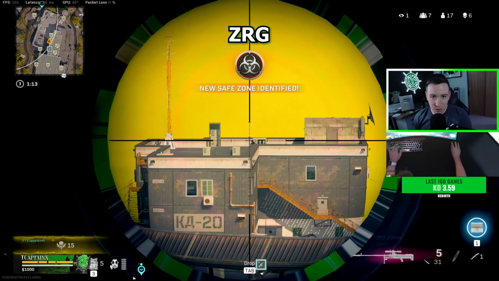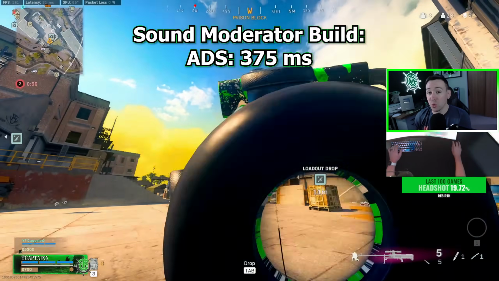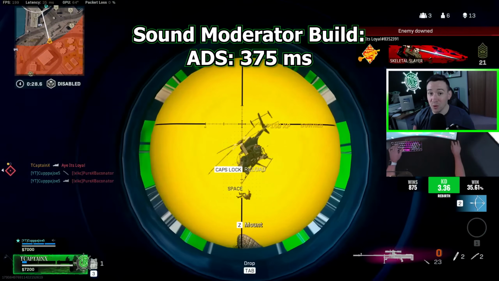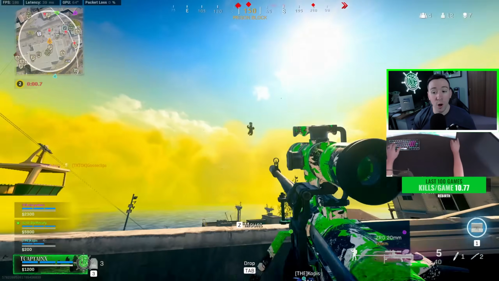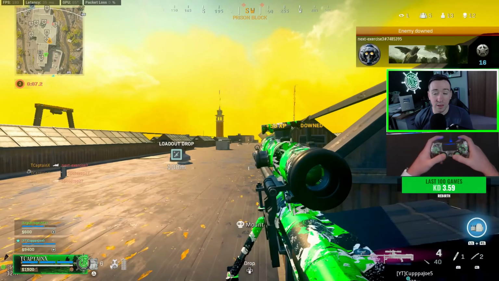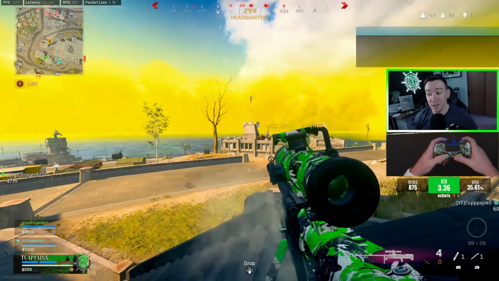And then we have the ZRG from Cold War, which has a very impressively fast aim down sight speed of 375 milliseconds with the sound moderator build, while it still maintains a relatively fast bullet velocity at about 1180 meters per second. And overall, when people ask me, hey, what is the best sniper in Warzone? The best overall well-rounded one, I think, is definitely this sound moderator build for the ZRG,